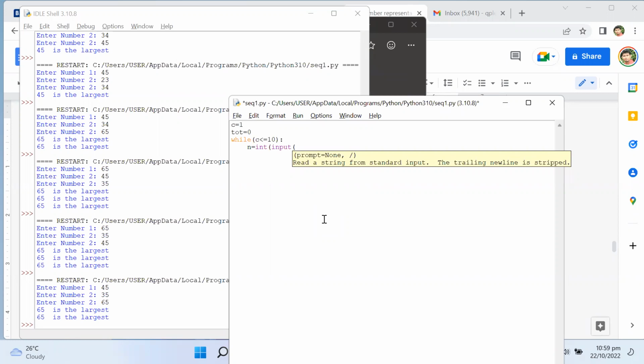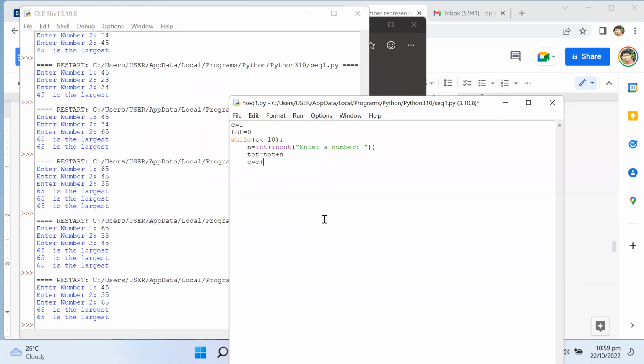But the WhatsApp one is correct. Int input, then you have to enter the number, or enter a number, because you are going to do this 10 times now. Then total equals total plus that number that you have entered, and then C equals C plus 1. And finally, after the end of this, you can just print, so the total is,